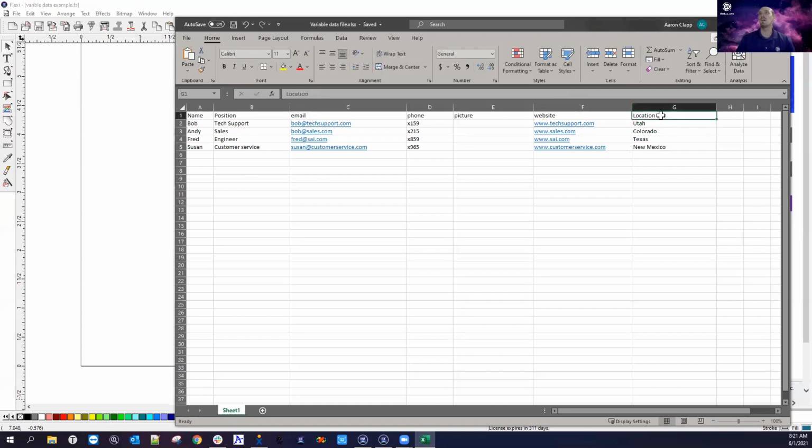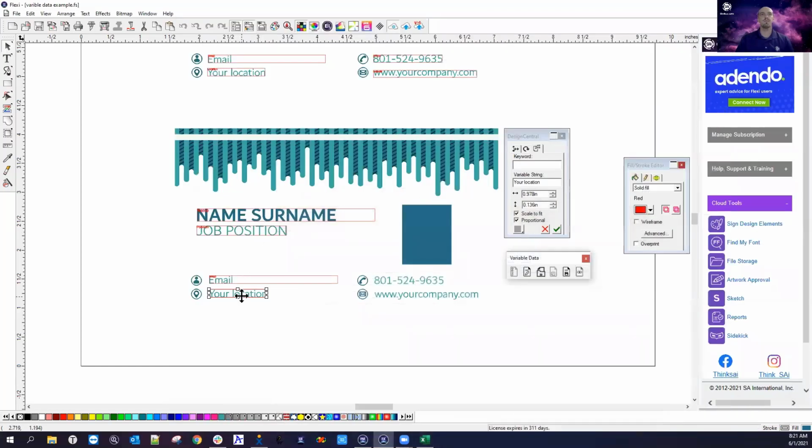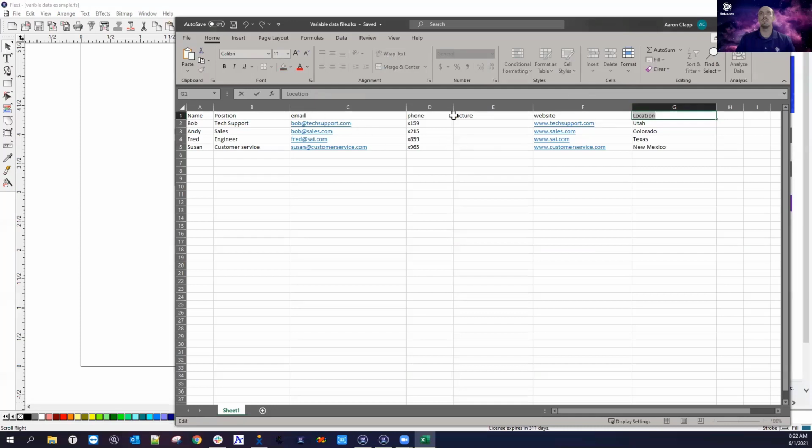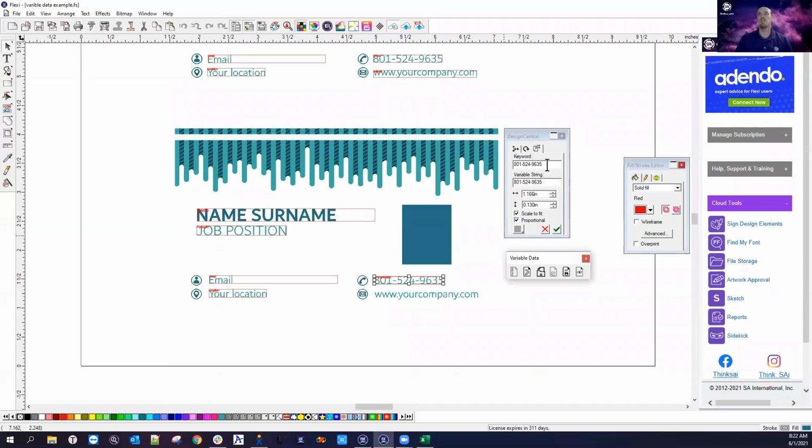And now I can say this will be my location. So we can copy that. Paste that in. That'll be my location, and hit apply. All right, so we got that, and we'll do the same thing with the phone number here. So we'll edit the variable data, go back to here, copy this, and paste it in here. Hit apply, and our